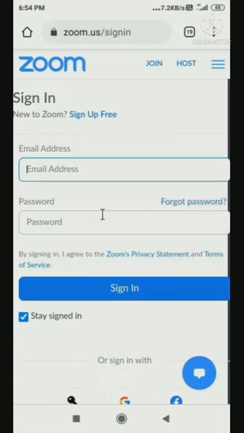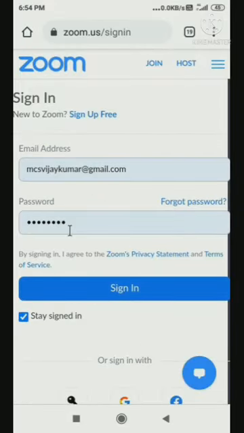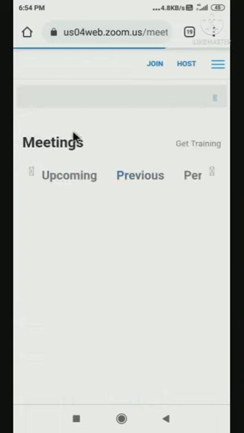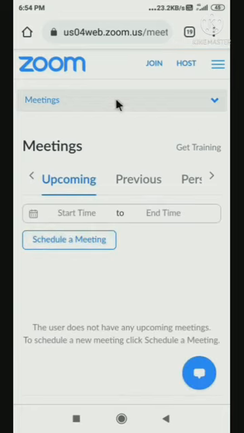So enter your email address here, then enter your password here. Click on sign in. After this you will see this kind of page appear. You will see this page when you have signed in. If you are able to see this page directly, it means you have already signed in. How can you check?